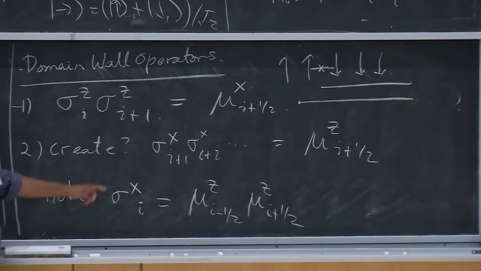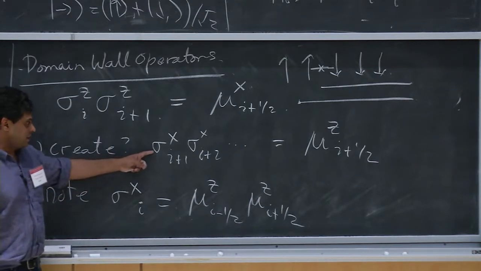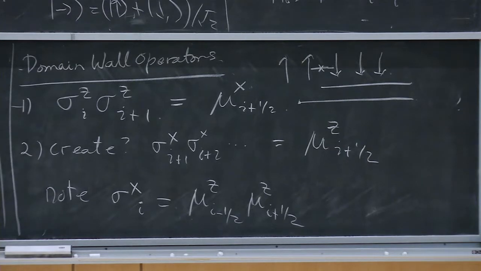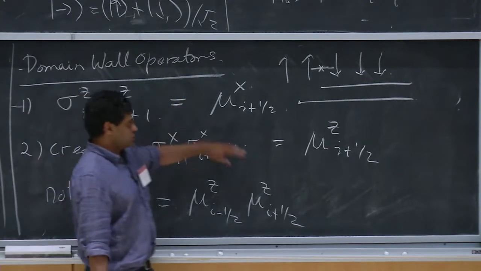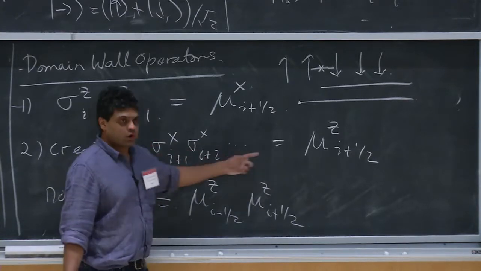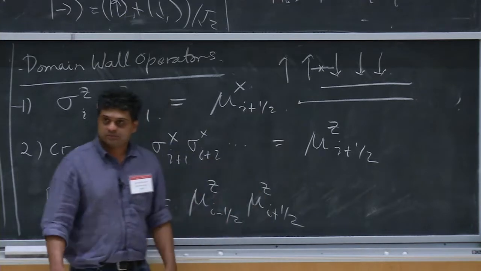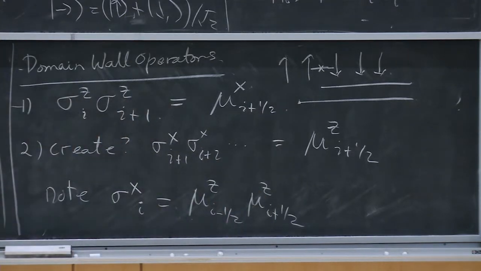Okay, that product leaves only one sigma operator untouched, which is the sigma x that I want. So you can see that there's a distinction now. These kind of look like the algebra of my original spin flips, but this is a non-local operator. When I try to create a domain wall, I've got to flip an entire string of spins. So physically they are different, but they look very similar, right?